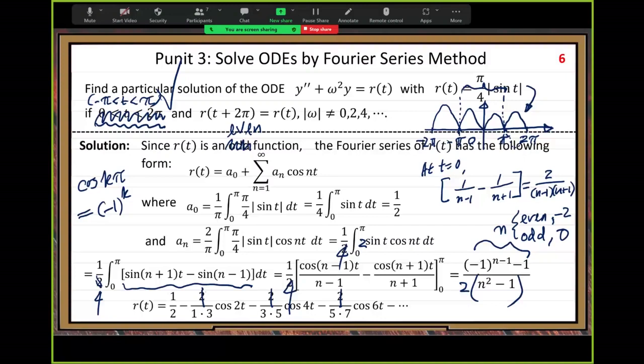Wait, I have a question. So, if you're just finding R of t, how is that a particular solution? Good, I will finish. So let me finish the second half. Then we look at the homework. Okay? Oh, so you have question on the homework? Yeah. Okay. Let me